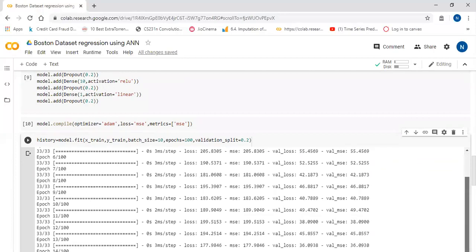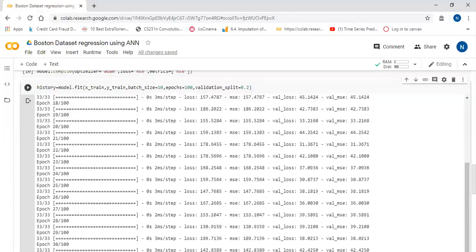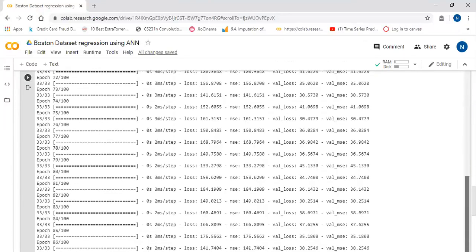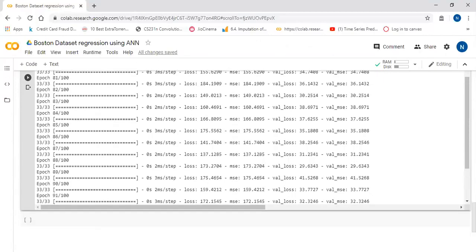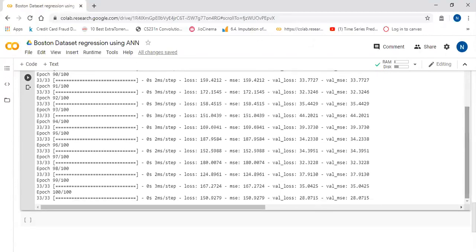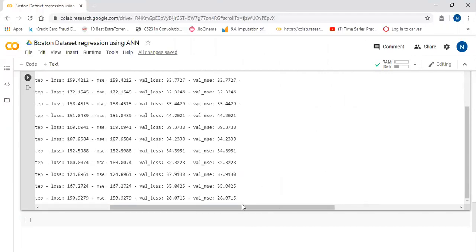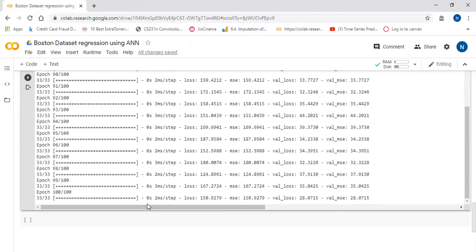As the number of epochs increases, our mean squared error value decreases. Our model is improving. The model is learning something. What the model is learning means we are calculating the new weights and biases over there. So that's why the model is improving. Now you can see the validation loss is 28.0. You can again set the epochs to 200 and train the model again.